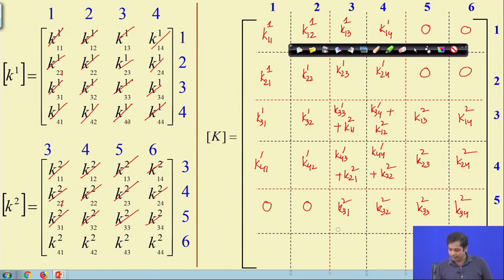and finally 5 6 will be K342, and then last row 6 1, there is no 6 1 here, 0, there is no 6 2 here, 0 and then 6 3 is this K412, 6 4 will be K422, 6 5 is K432 and 6 6 finally is K442. So, we have taken all these elements and substituted here. So, this is now our global stiffness matrix.